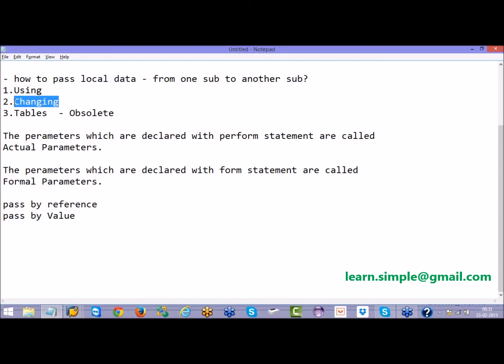You can also make use of the tables keyword instead of using, changing. Tables keyword is generally used to transfer internal tables. You can still use the tables keyword now also, but it's an old way of doing the coding. It's an obsolete way of doing the coding.